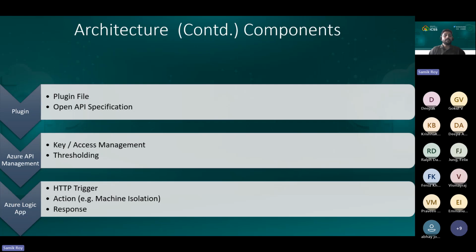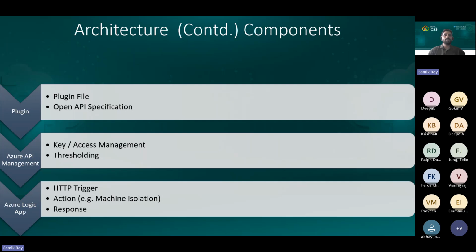In that case, you are building this capability, and you would like to put some thresholding, because that has a ripple effect on your billing, your other features and things like that. So this component is made available in case you want to do the thresholding, or provide a particular key for each customer, so that you can make it license based, and whatever you would like to do. API management is more of an additional layer for orchestration and security on top of your entire logic app